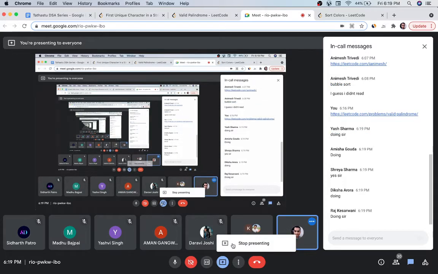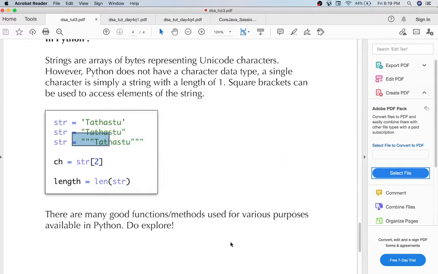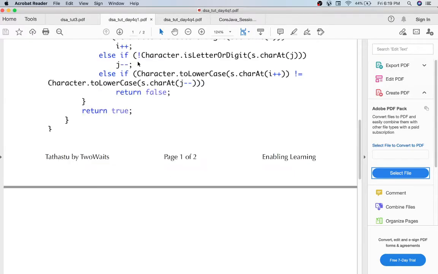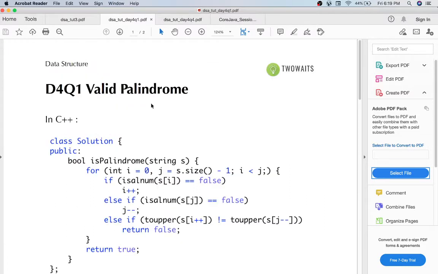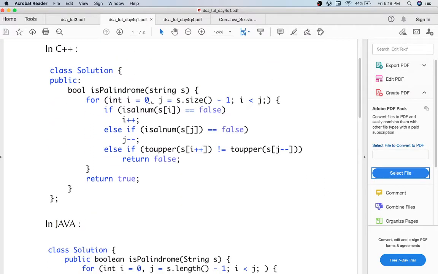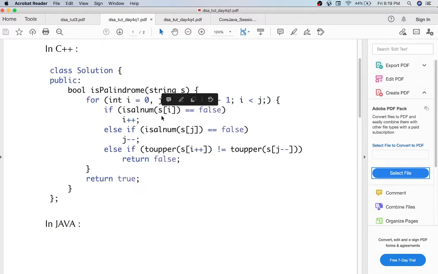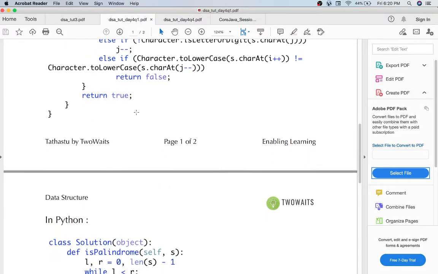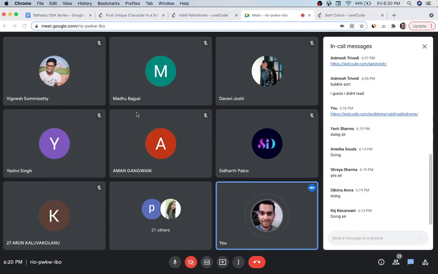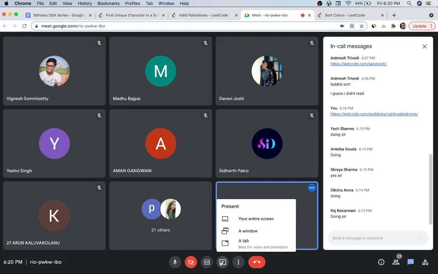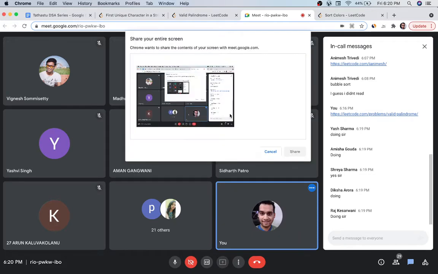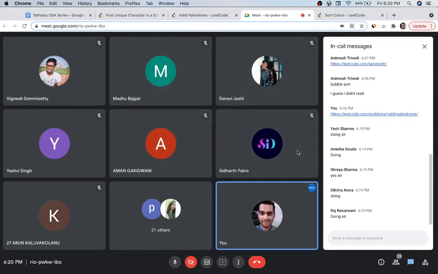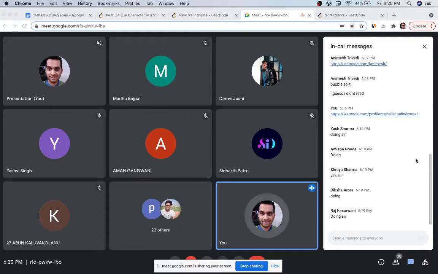One second. Tarushi, what are you doing?